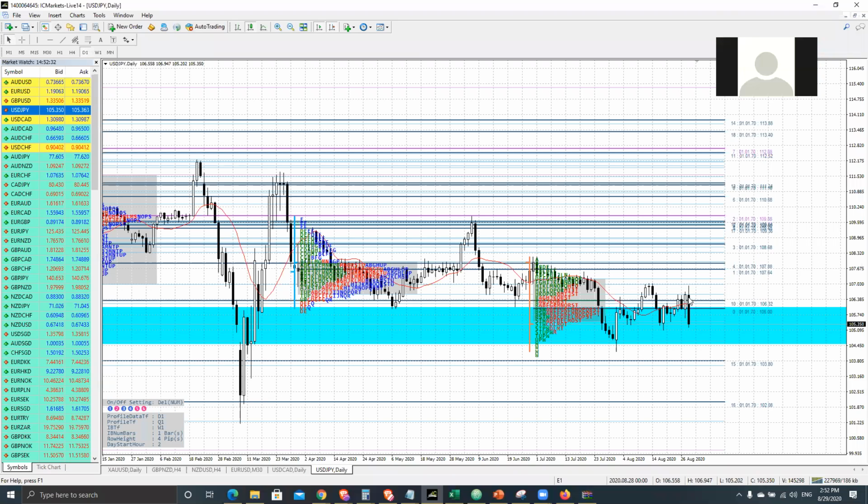And I feel like the problem is with this one now. This daily is showing us rejection, and this rejection can come all the way down to this level. This is the issue. This level, you can see there's huge institutional buying over here. Yes, there's a buying tail there.